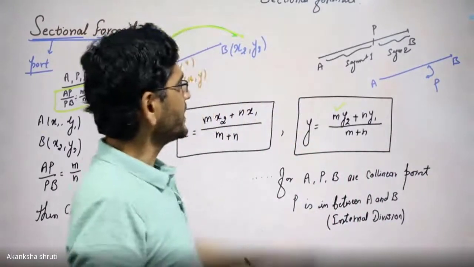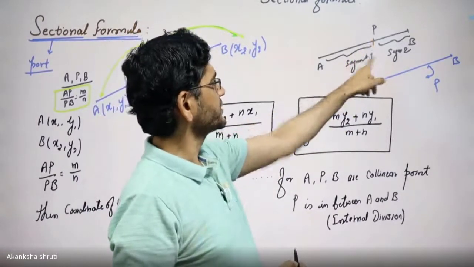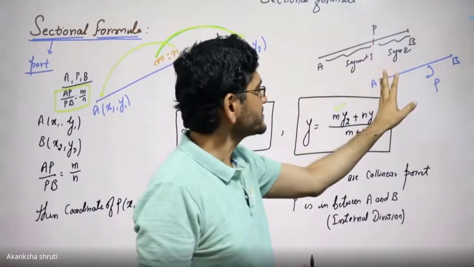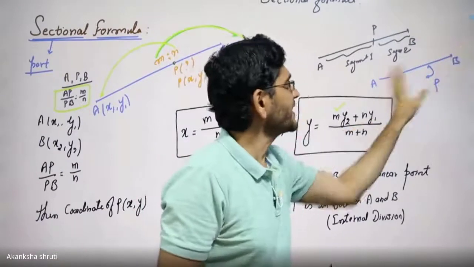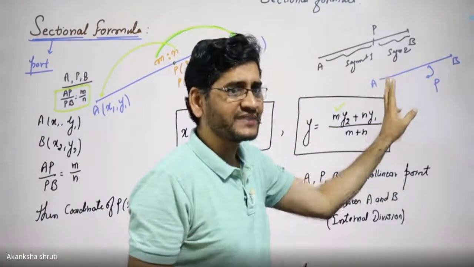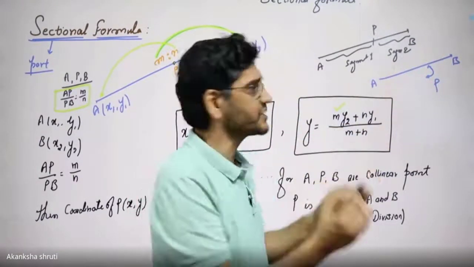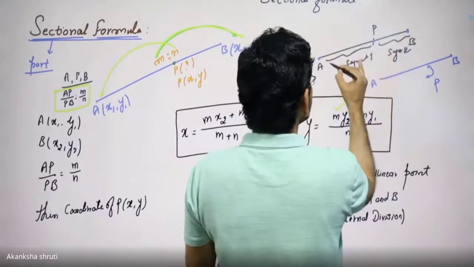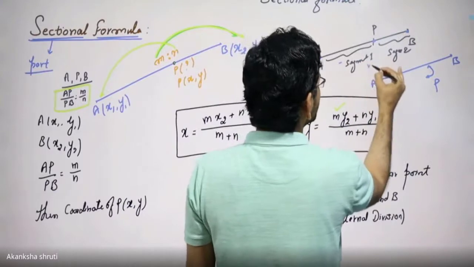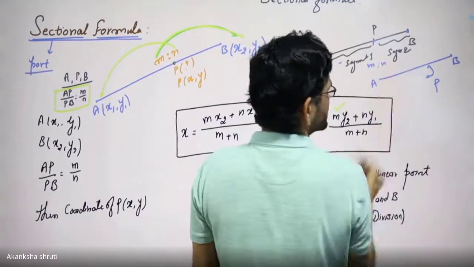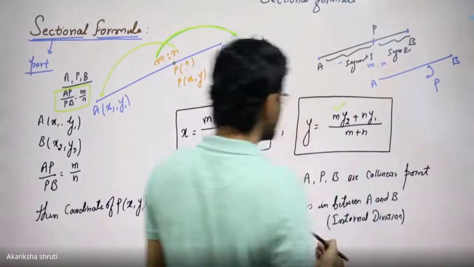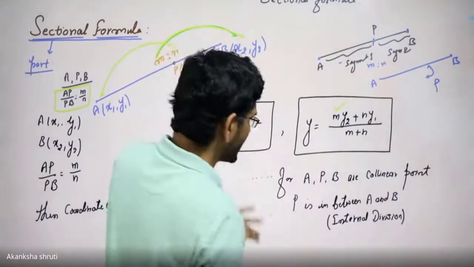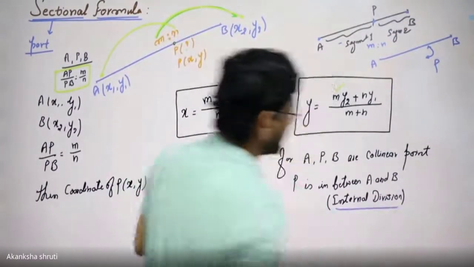So that's why this P must be on this line AB. Students, here the point P or the segment form is between this A and B. Means the AB is divided internally. Means in between this A and B, the point P is taken so that two segments are formed. This and this have the lengths m and n we have taken. Okay, students, that's why this formula is also called internal division.